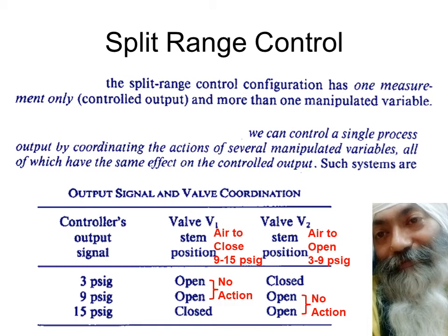We can take a normal valve which operates from 3 to 15. We can put a valve positioner in front of it. What the valve positioner will do is that it will accept the input from 3 to 9 psi and convert it into 3 to 15 psi. So its response will be from 3 to 9 psi because it's accepting the controller output from 3 to 9 psi. So in all this game of split range control, it is very, very important to understand the role of valve positioner. That's what we're going to see in the next slides.